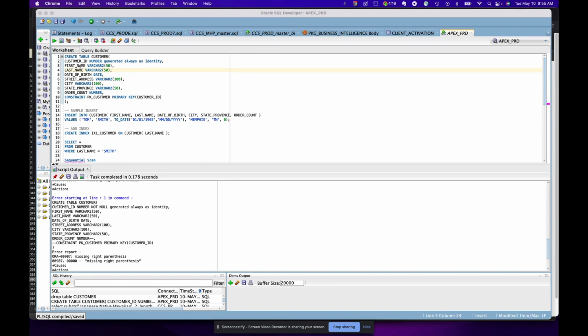Then we've got first name, and we have to give it a data type. We're going to give it a VARCHAR2, which is like a string in Oracle, with a max length of 50. And then last name with a max length of 50. And we're going to say date of birth, and that's going to be a date column, DATE data type. We're going to add street address with a max length of 100, city 100, state province with a length of 50,